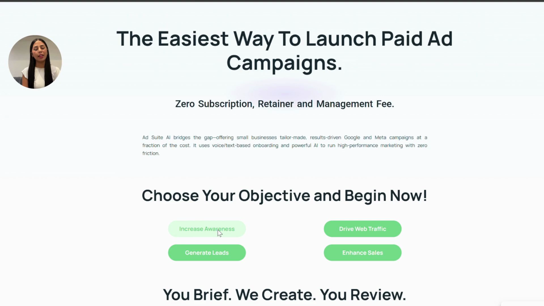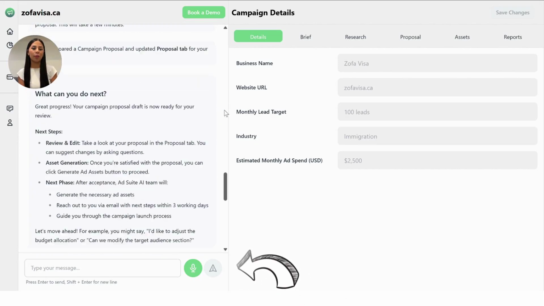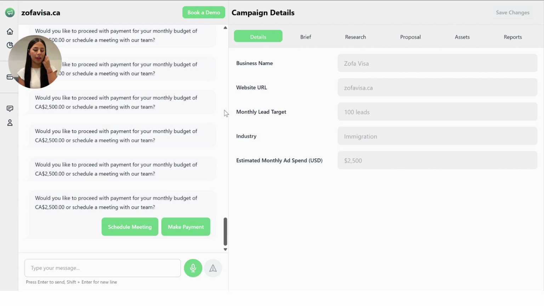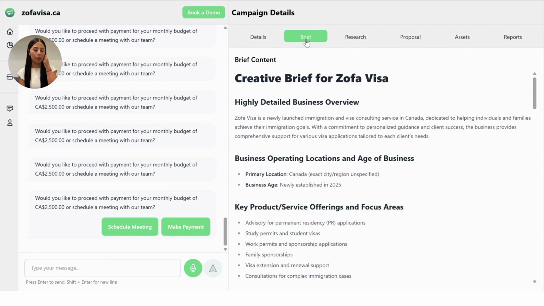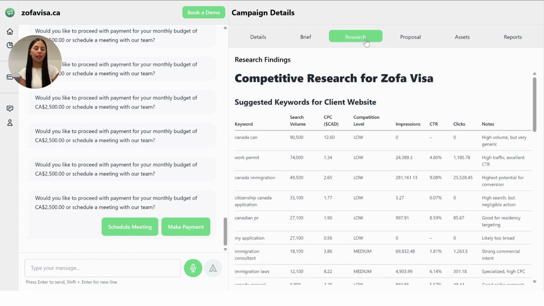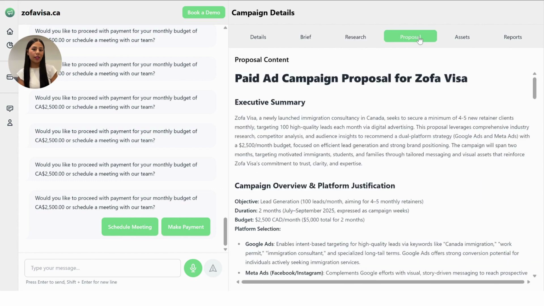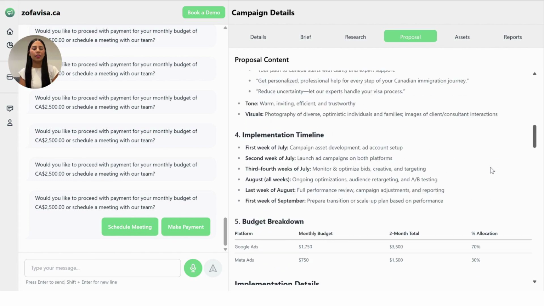3. Chat with the AI chat box. Share your business concerns and a few details to help it understand your goals. If that isn't cool enough, once you're done with that, you'll be able to view all of your business details on the right side. Things like the brief, research, and small collected insights used to create a custom plan for